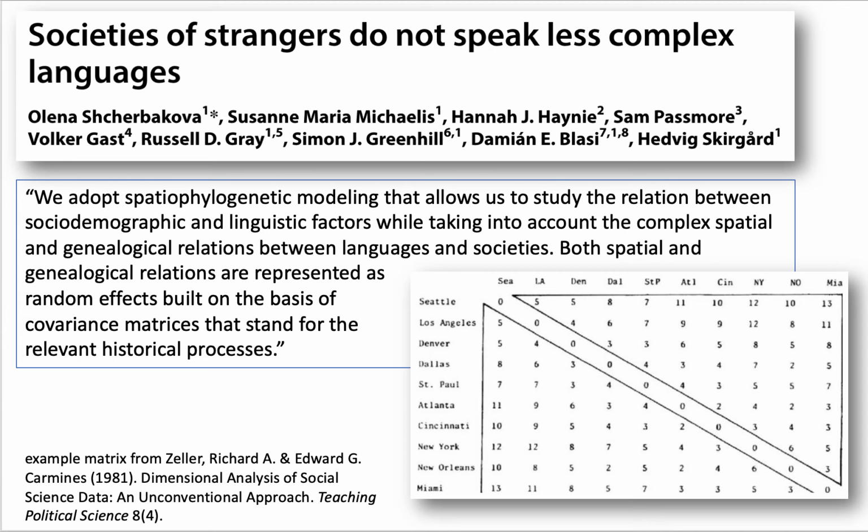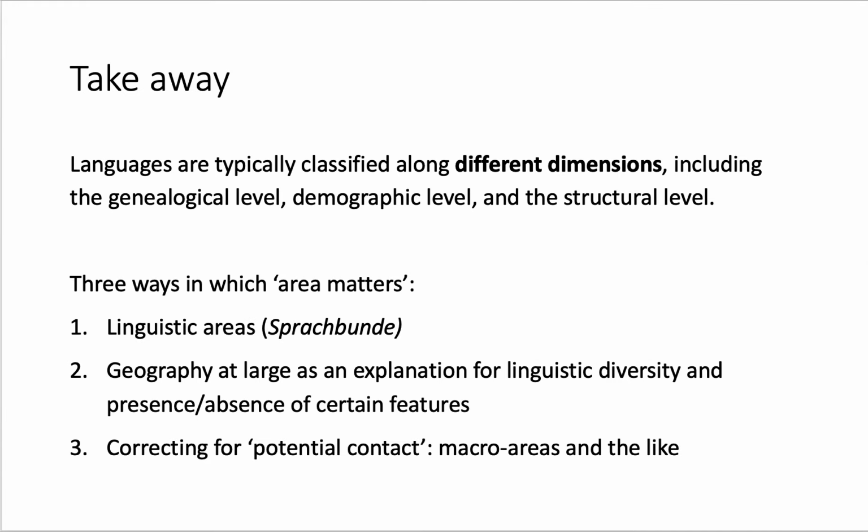So this is a kind of ad hoc solution that people are using at the moment because we do not have consensus on where areas are, right? Where geographical areas of potential and real contact are. And we will see more work on this in the future in trying to resolve the question of geographical autocorrelation when we do typology. So the takeaway from the video is that we started out by this idea that languages